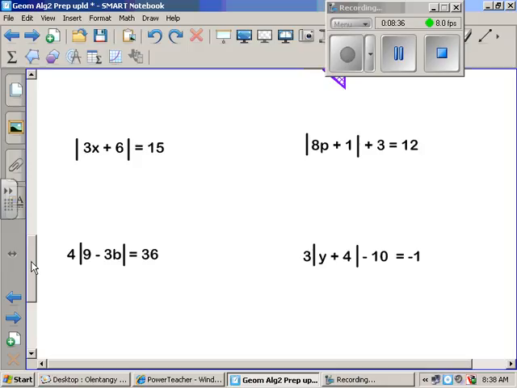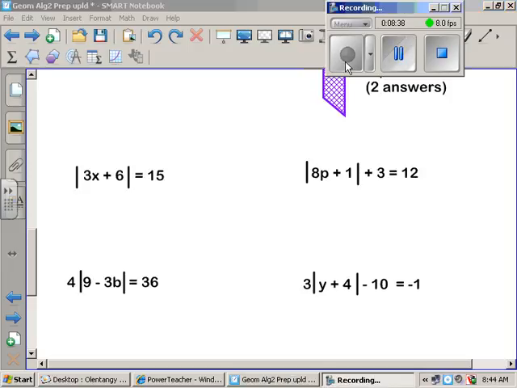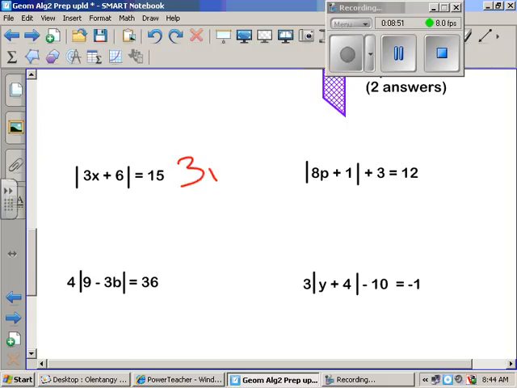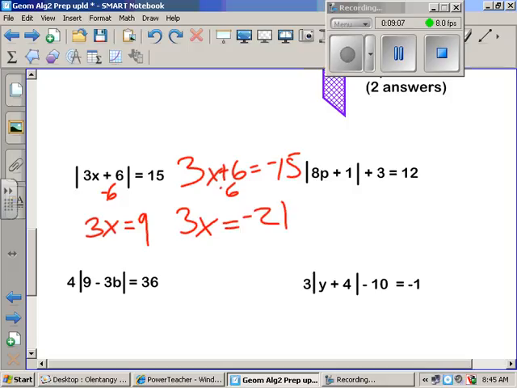So what you have to do is make it equal 15, and then you have to do 3x plus 6 equals negative 15. And you subtract 6 from both of them, you get 3x equals 9, and 3x equals negative 21. X will equal, divided by 3, x equals negative 7, and x